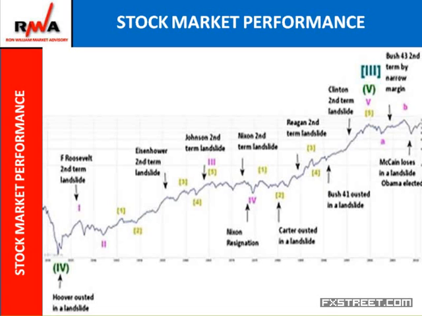And here we have a chart of the US stock market going back about 50 years or so. We can see names on the top of the chart and names at the bottom of the chart. At the top of the chart, these are the winners: the presidents that won a second-term election. And at the bottom of the chart, these are the losers: presidents that lost the second-term election.